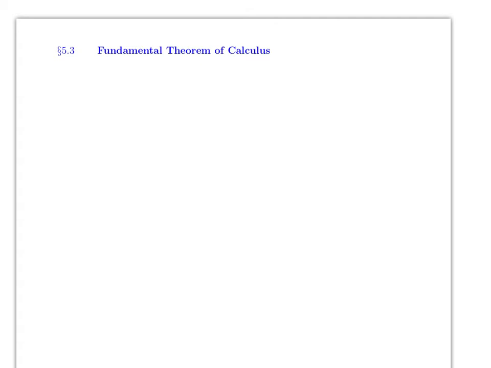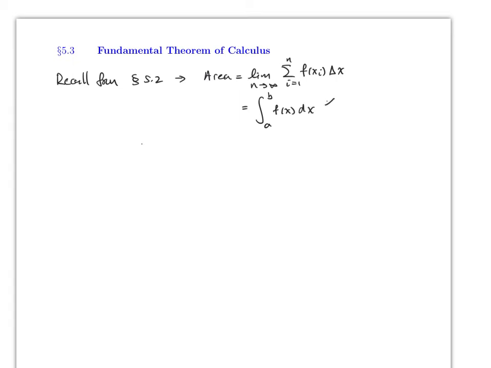But before we go there, recall from section 5.2, which we just did right now, that the area was equal to the limit as n goes to infinity of the sum from i equals 1 to n of f of xi times delta x. That was the definition. But this was also called the integral from a to b of f of x dx,